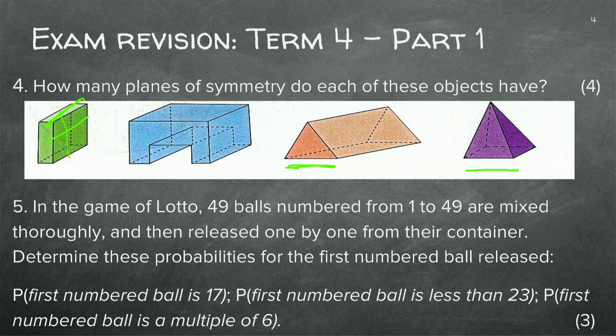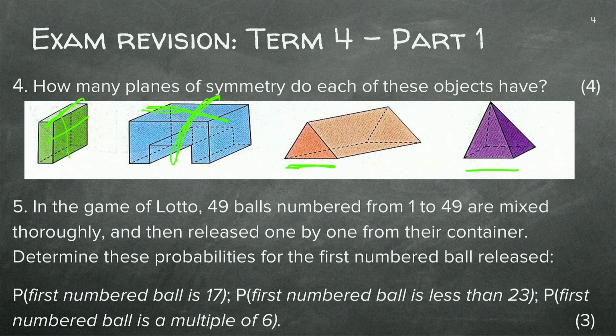This object, the best way, I think it's got 2 planes of symmetry. So we can cut it there, so the 2 sides will be the same. I'm not sure if we're going to cut it there. Do you think if we cut it there, it's going to be the same? It looks like that is going right through, but we're not sure, so I think it's safe to say that it is 2 planes of symmetry.